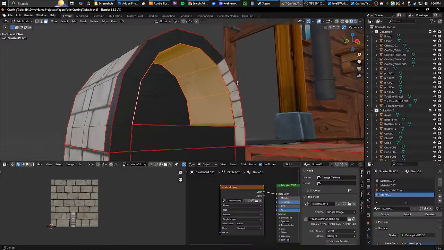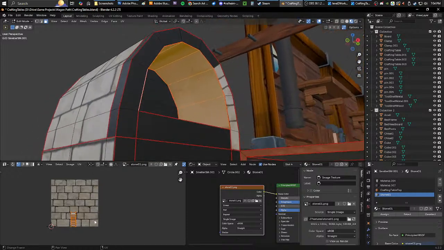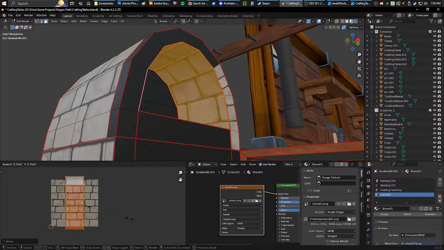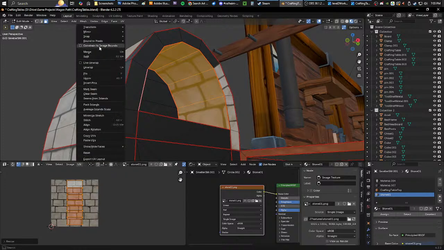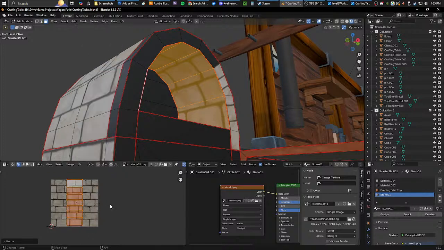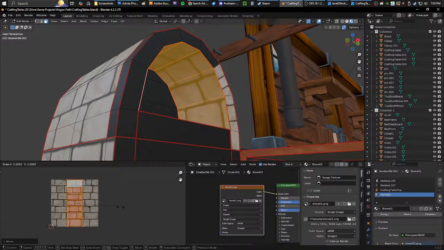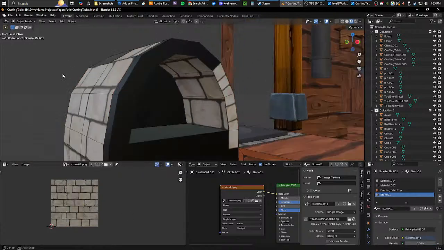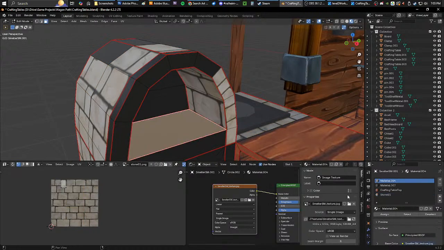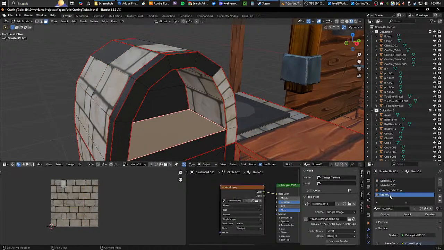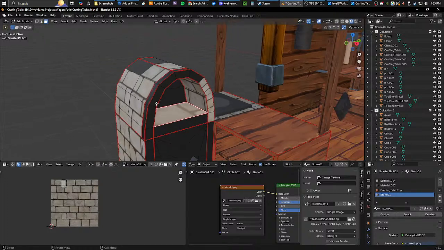Assign. And then grab. We'll make it a little bigger. Let me constrain proportions back. There we go. That looks good. I'll leave that. And then of course the bottom, we'll assign that to stone 1 as well. So doing that